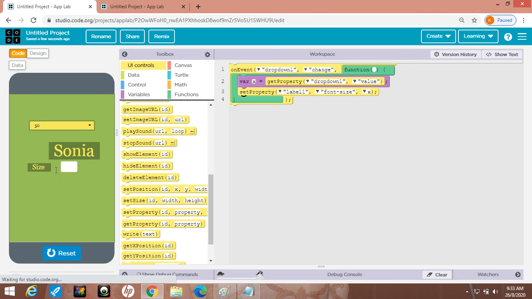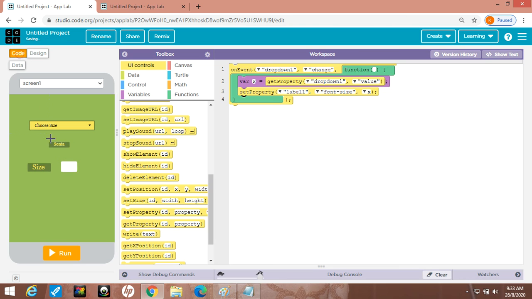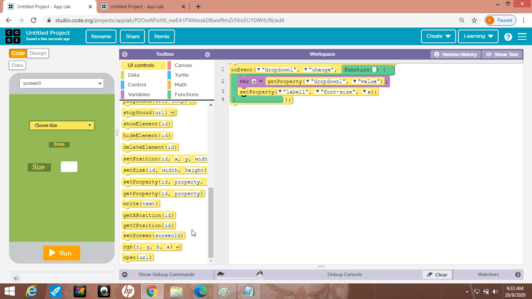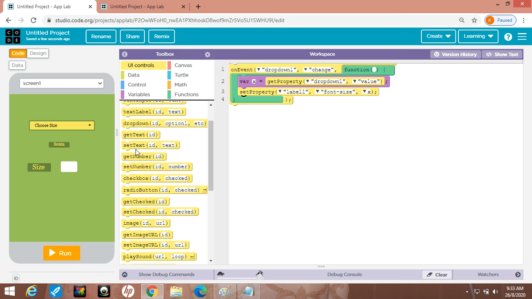Now the second thing is this. I want this value here. If 50 is selected here, then 50 should appear here in front of size. For this, what will I do? I want to set the value of this text, so you will use set text. Just drag and drop this set text here. Now you want to set the text of this.